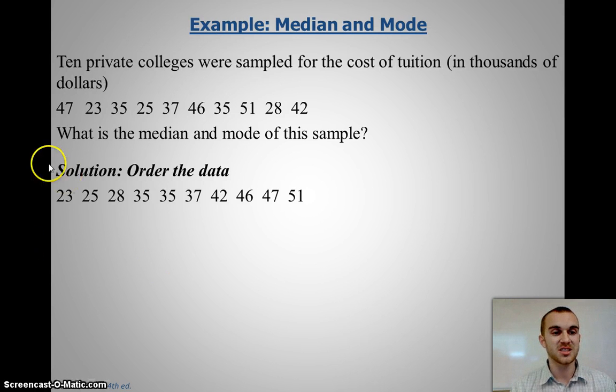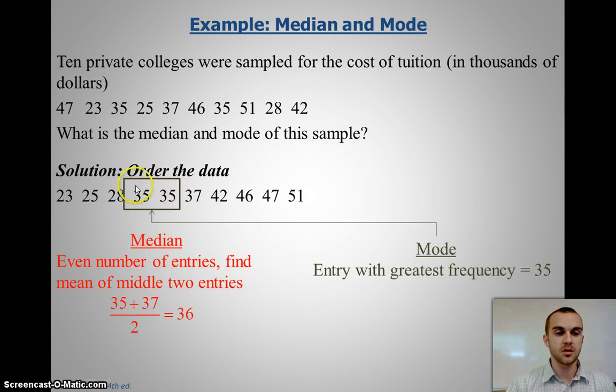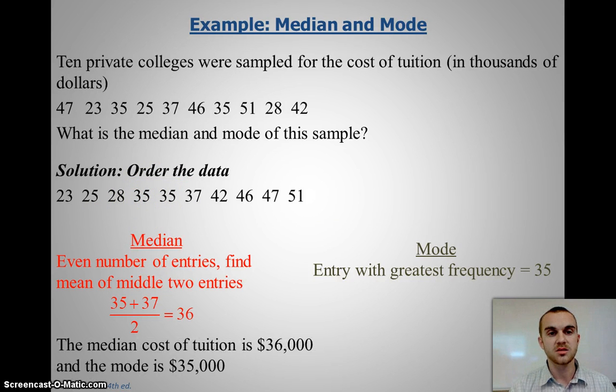Well, in this case, there are 10 colleges. That means we need to find the middle two entries and then divide their sum by 2. In this case, it's going to be these two values here, 35 and 37. So 35 plus 37 divided by 2 would tell us that the median would be $36,000. Whereas the mode, the value that shows up the most, is the 35s. There's 2 of those. So what we can say is that our median cost of tuition is $36,000,